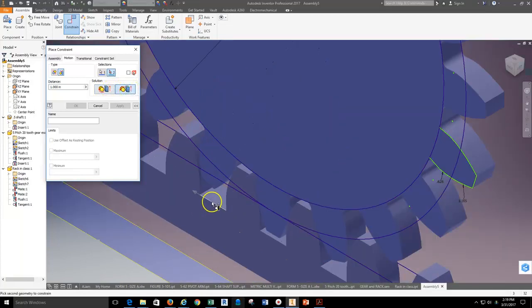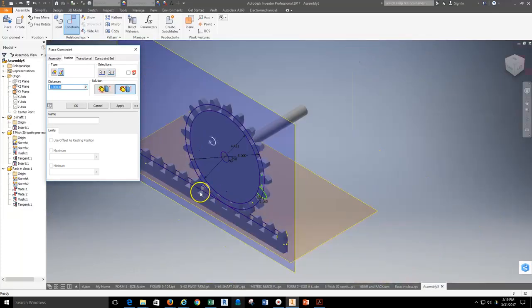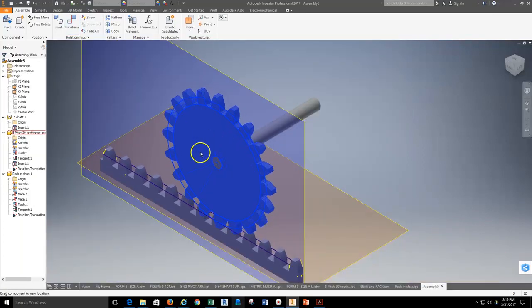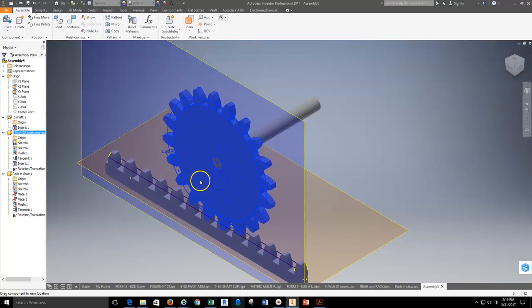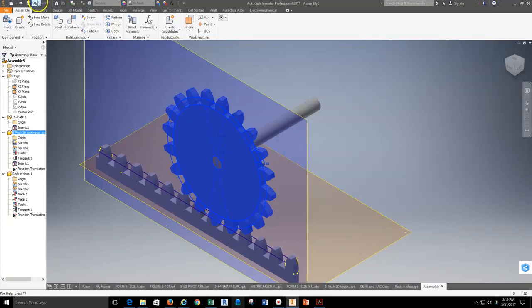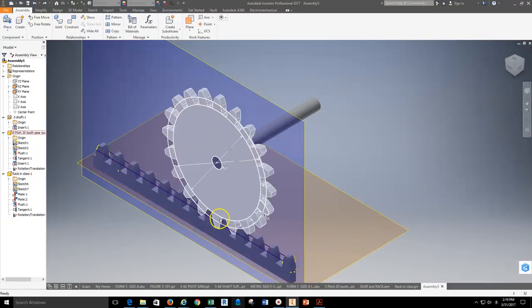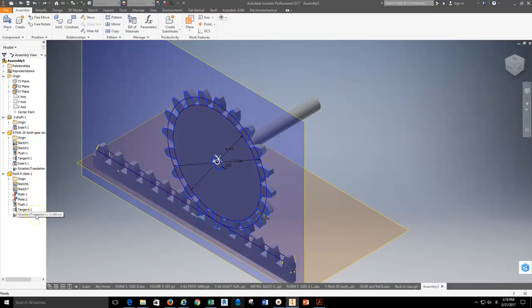Then I'm going to come down and select that piece of geometry on the rack and then hit apply and cancel. And I just want to see if it's going to move in the correct direction. So yes, it does look like things are going to move in the correct direction, and I know that's correct. I'm just going to hit the undo button to get it to go back into position, and that rotation translation is still there. But what I need to now do is edit that relationship,